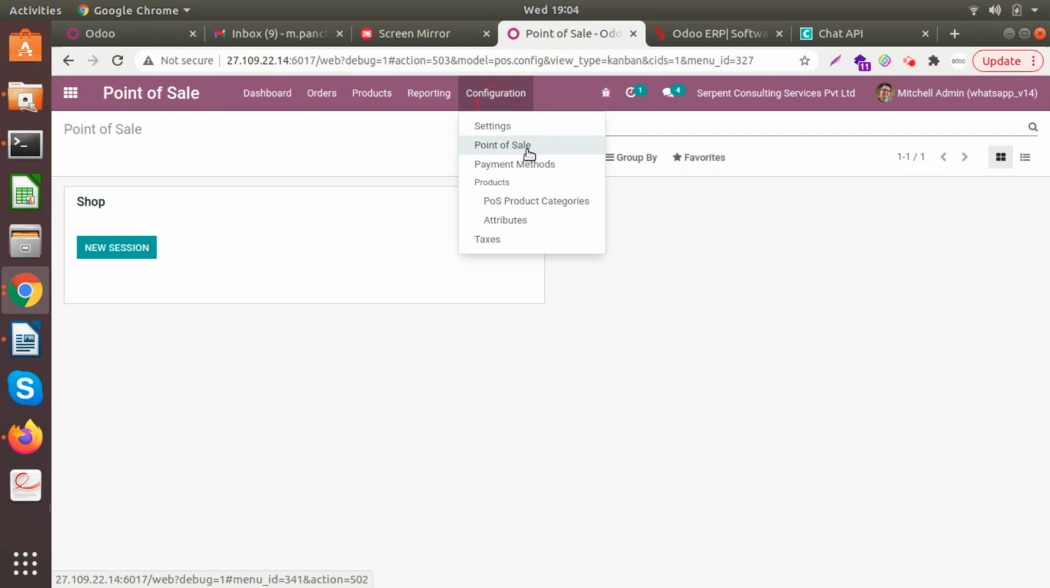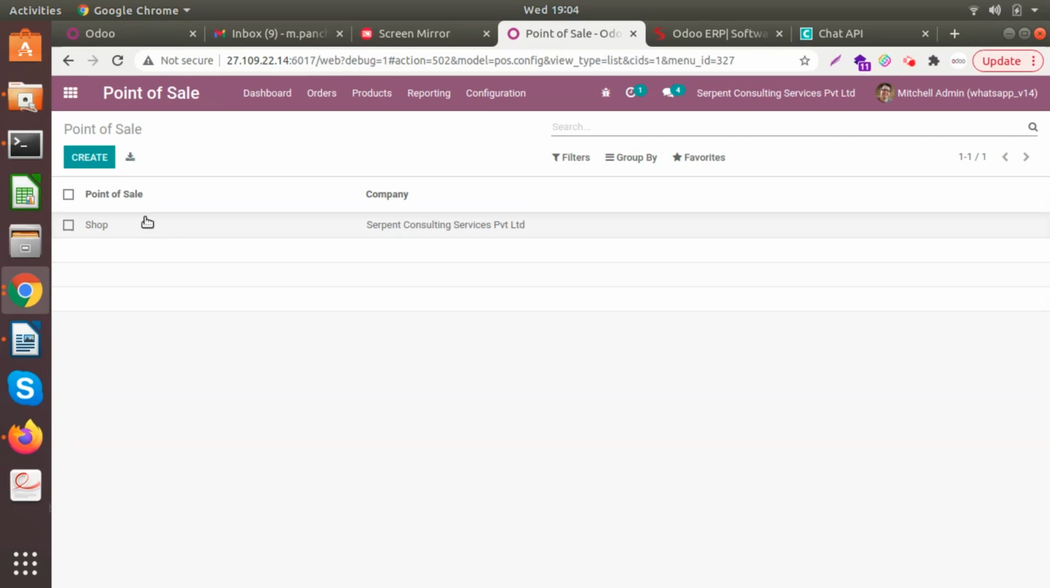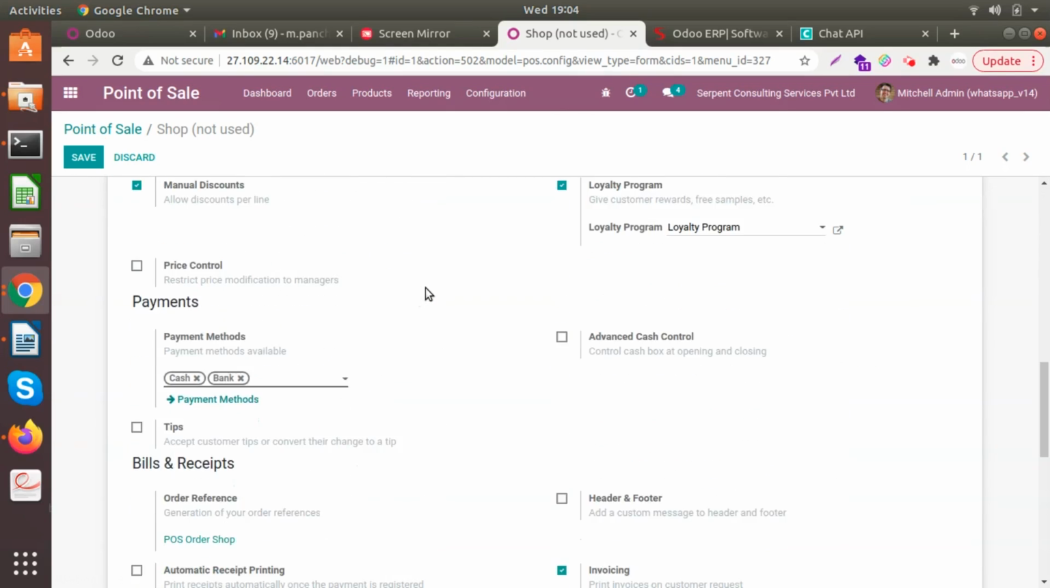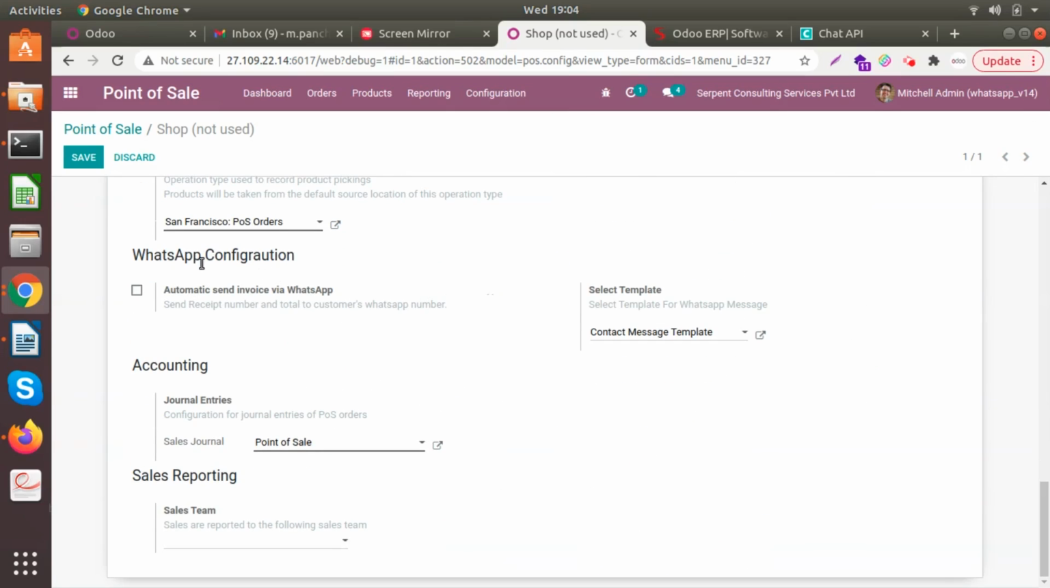So in my POS, I have to check one configuration for WhatsApp messages. If I go below, I see there's a WhatsApp configuration tab. If I want to allow automatically sending invoice via WhatsApp, I can do that. I will select it and choose the template. So there is a POS order status using WhatsApp template that is being selected. Now if I start my session for the day, and let's say there is an order,